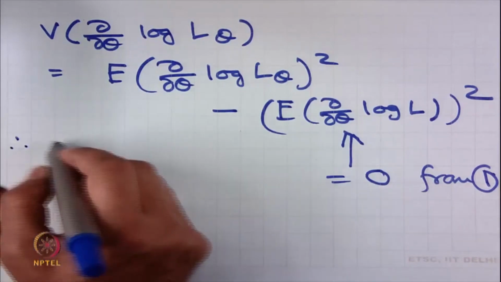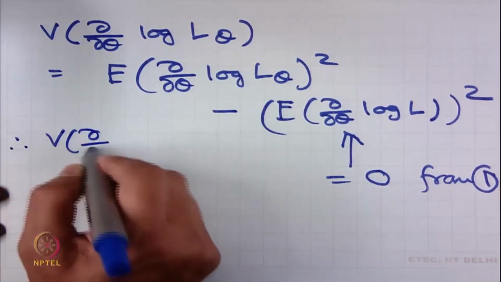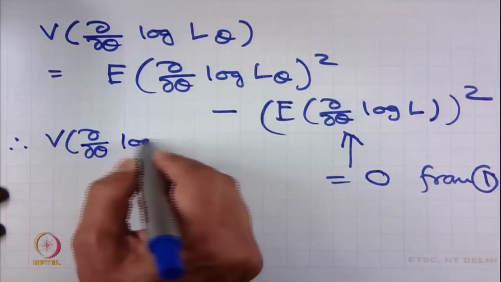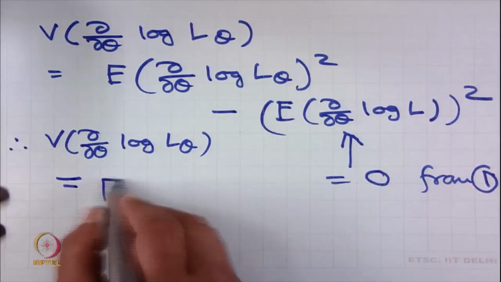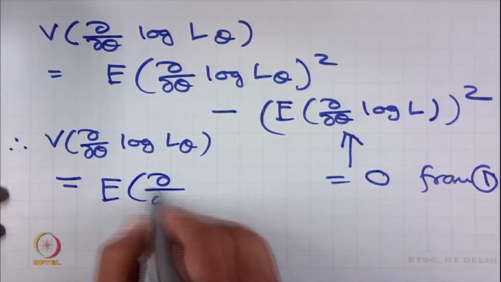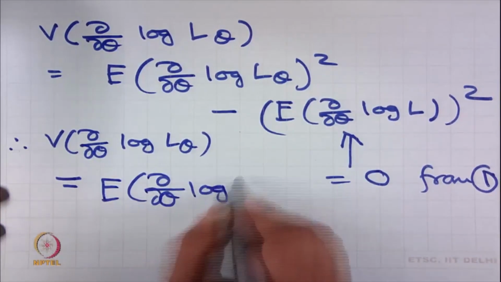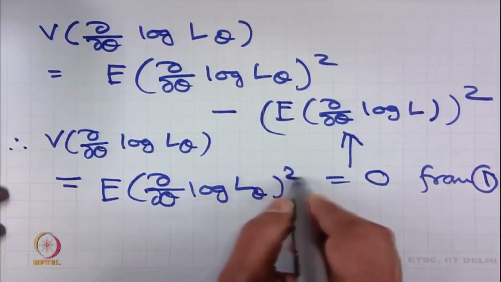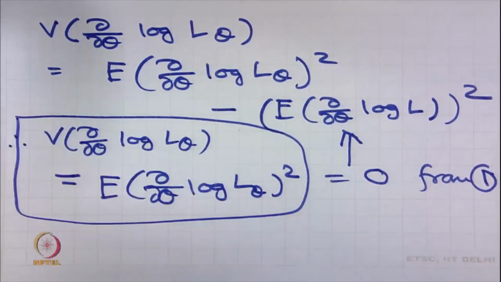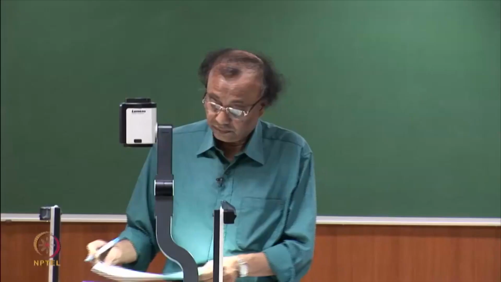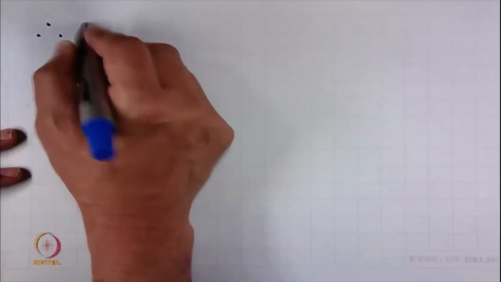Therefore, variance of del theta log L theta is equal to expected value of del theta log L theta whole square. Putting this in 4,